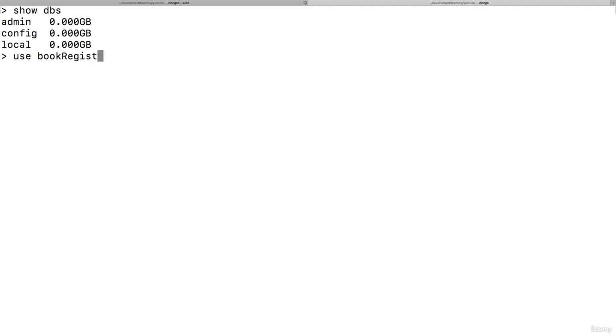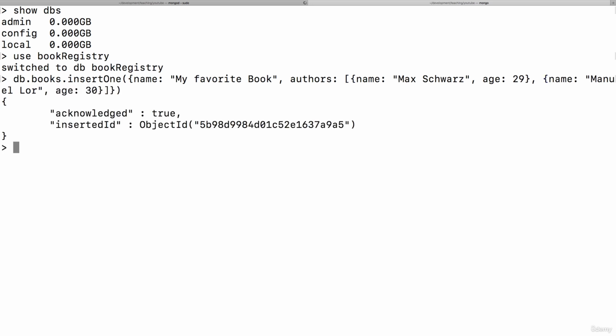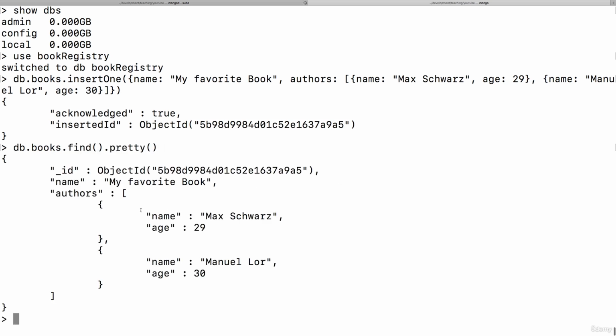Let's create our book registry database here, and in there, I'll have my books collection. And I'll insert a new book with the name My Favorite Book and with some authors. And here, let's first of all go for the embedded approach. So I'll have an author, Max Schwartz, age 29, and I'll have another author. Name is Manuel Lohr, age 30. If I hit enter, we can of course find all our books here, print them, and see we got embedded